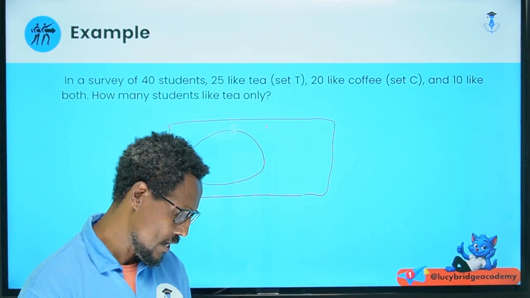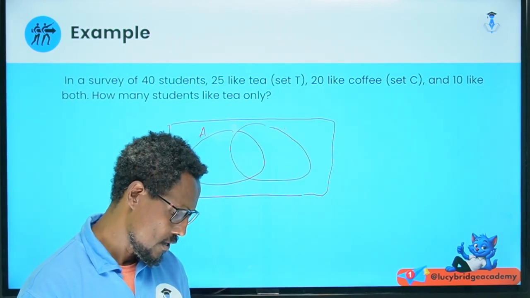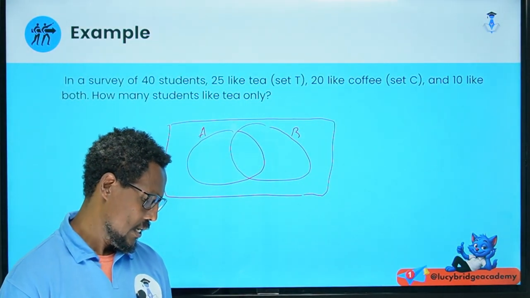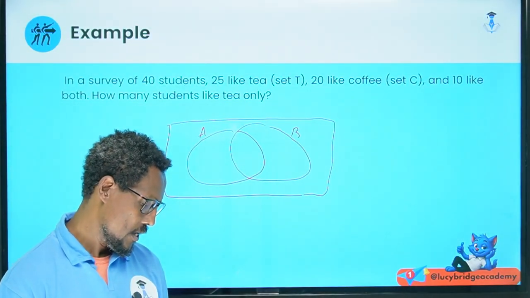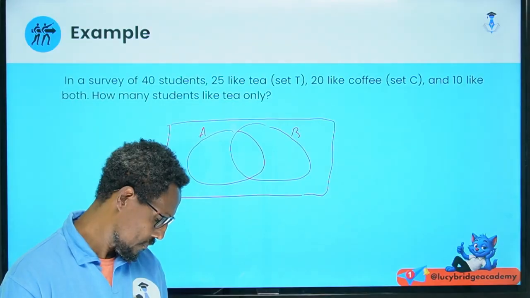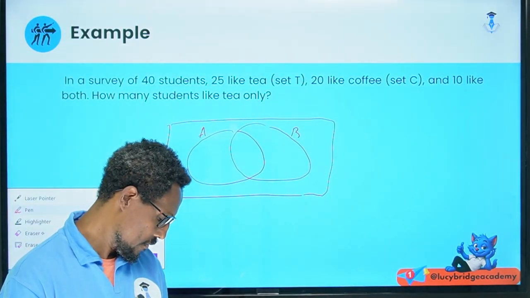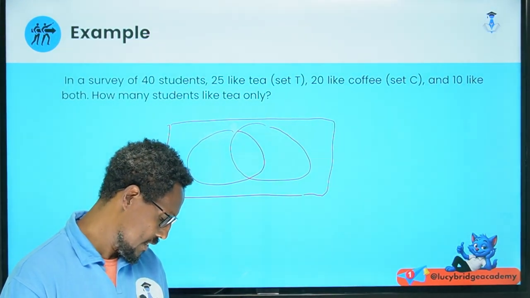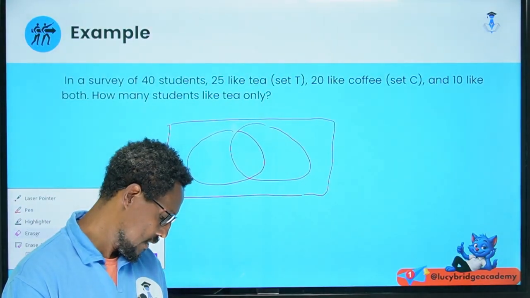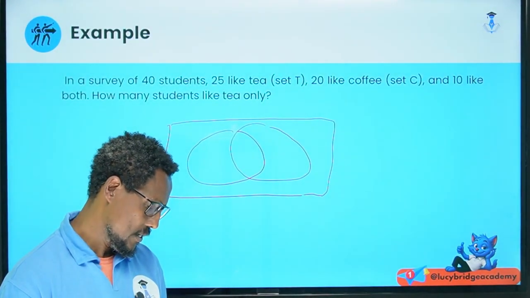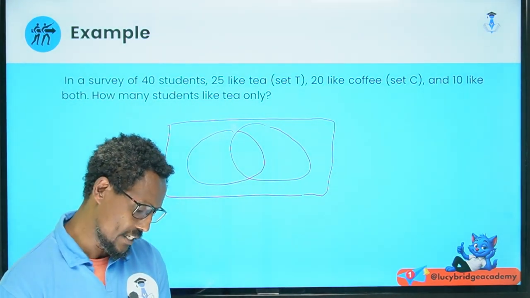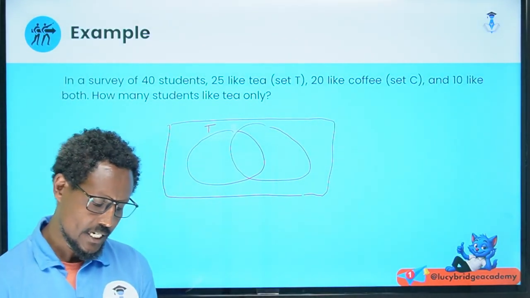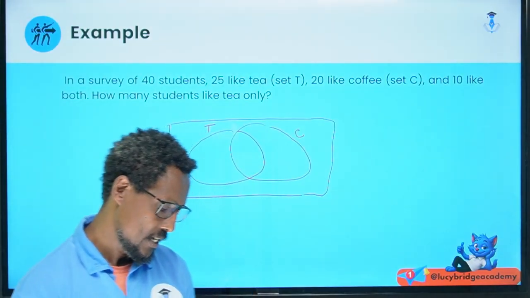We have circle A, circle B. Okay. Like T, A, it's better to write T. T means those students who like tea, let me represent by T, all right, T. And those students who like coffee, let me represent by C. Okay, so